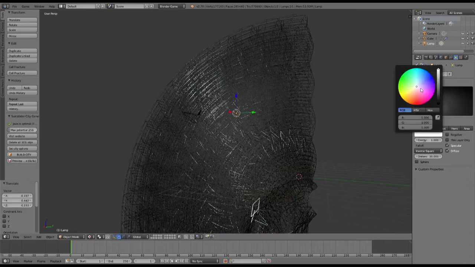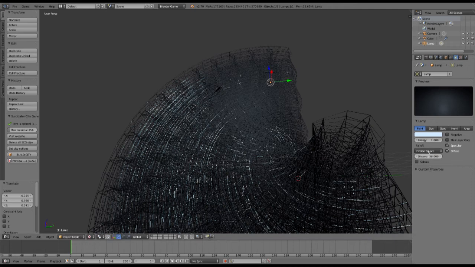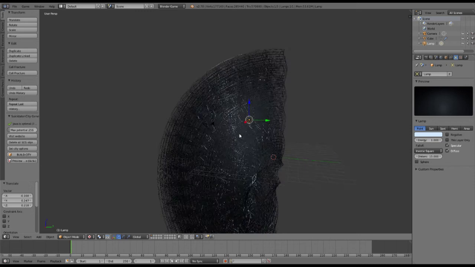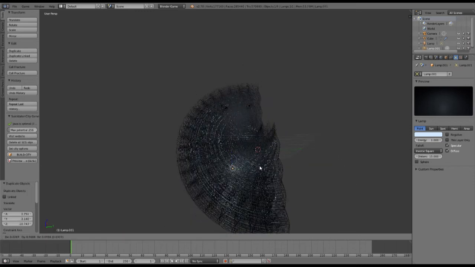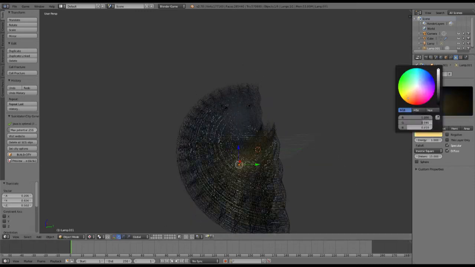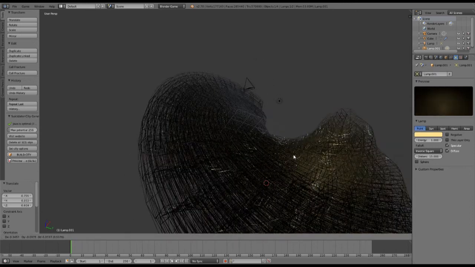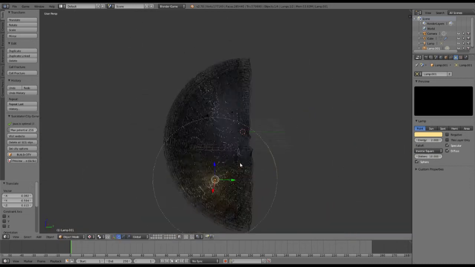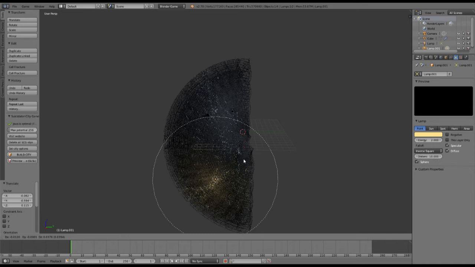So for instance, I'm going to use a bluish light over here, something like this, and change the distance a little bit down, and then we'll add another lamp, but this time it will be yellow, so we're getting a lot of different colors over here, and this will have a lot more strength but also a thinner radius. So I think this looks pretty cool, and maybe